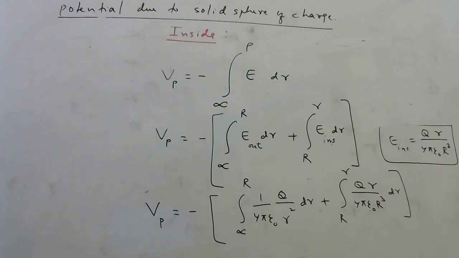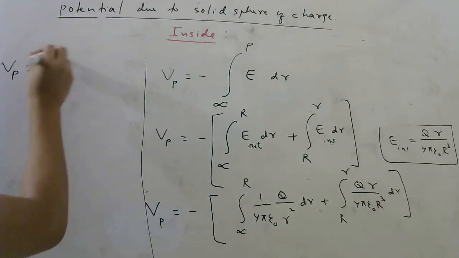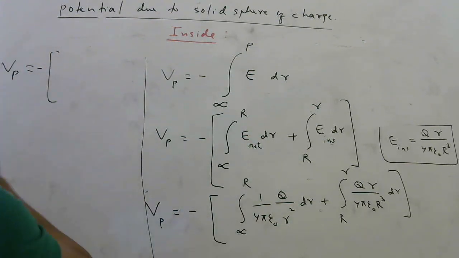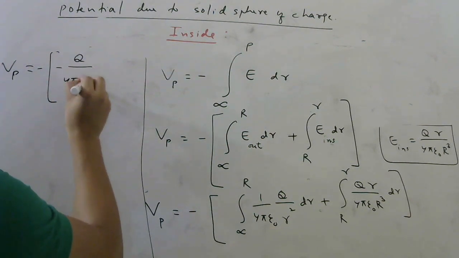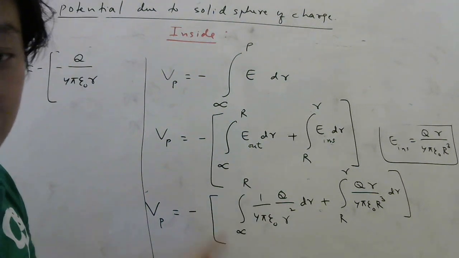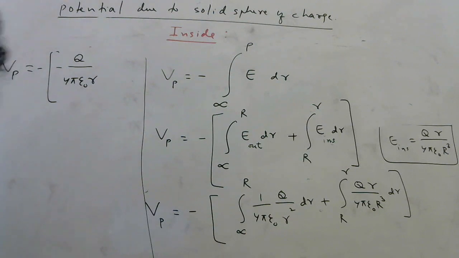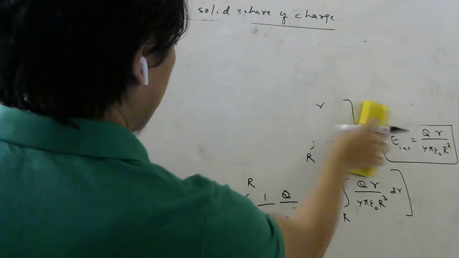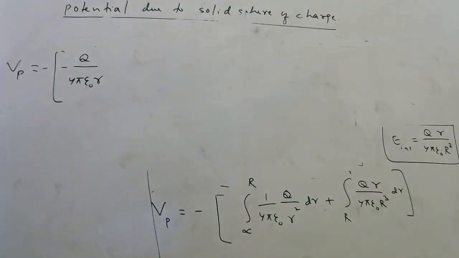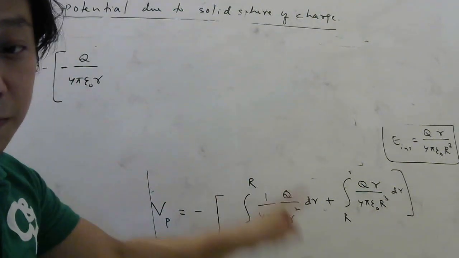So look carefully. Potential at P will be equal to, it's not visible, right? This part, if you remember, we have done already. It was minus Q by 4 pi epsilon naught R. Please do the integration yourself. This part we have done. This part will be more interesting, so let me remove this part. So let us do this integration. This minus is here. When you do this integration, one minus sign will come. I hope you remember.